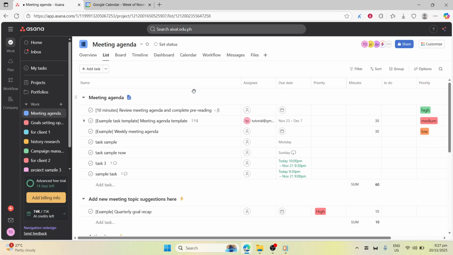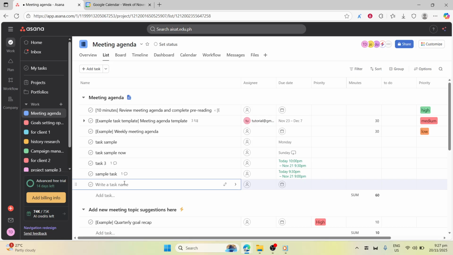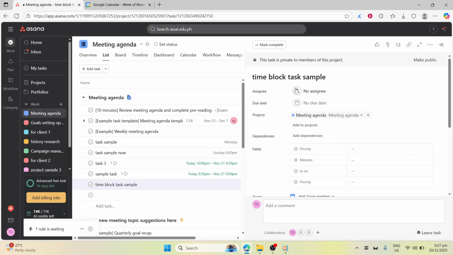Start by creating your tasks for the day or week. Think of this as your master list. Add each task you need to complete and give it a clear, action-oriented name so you know exactly what you'll be doing when the time arrives. Grouping everything in one project helps you see the full picture. If you already know what your priorities are, capture those in the task titles or descriptions to keep yourself focused